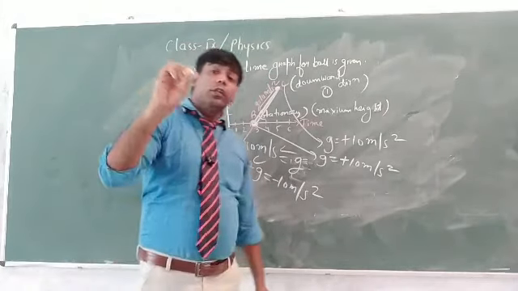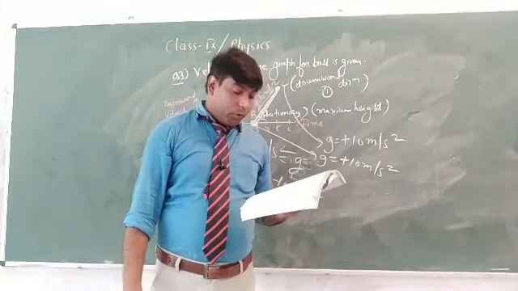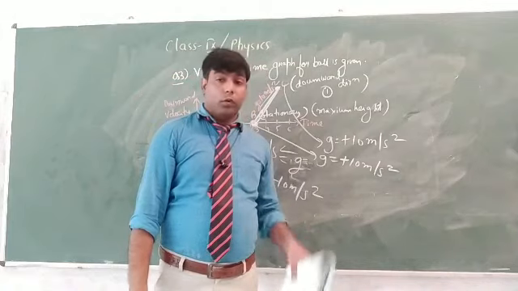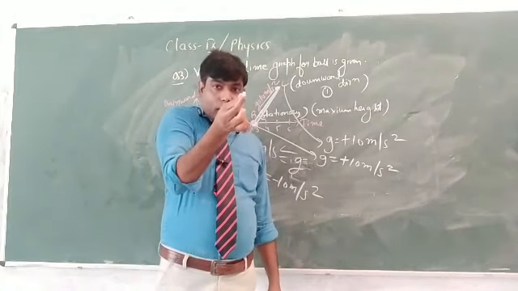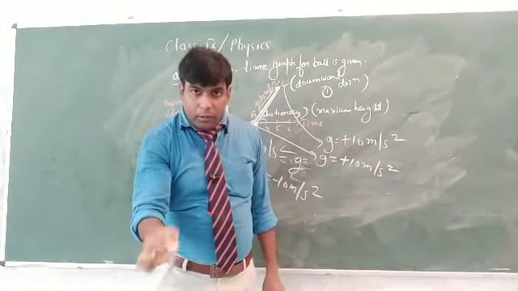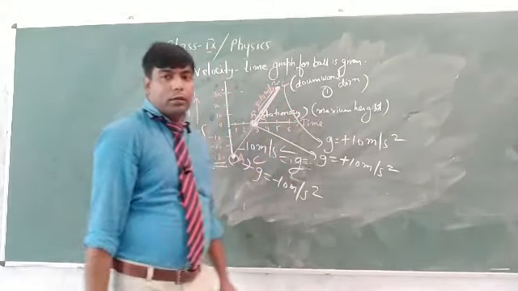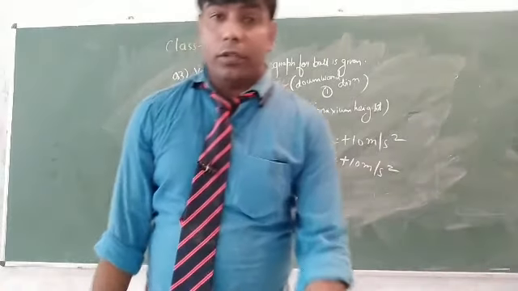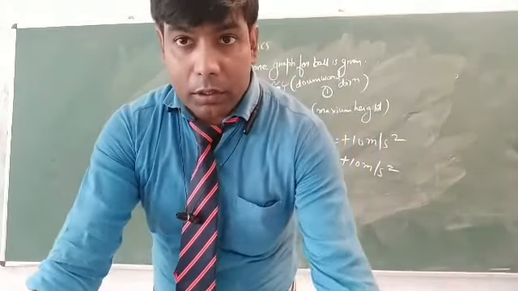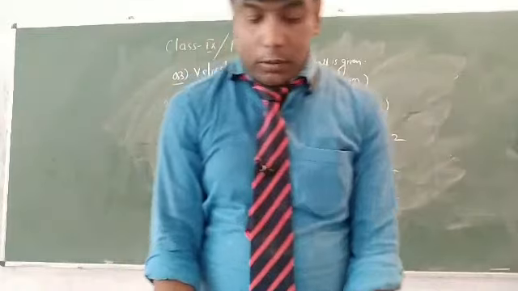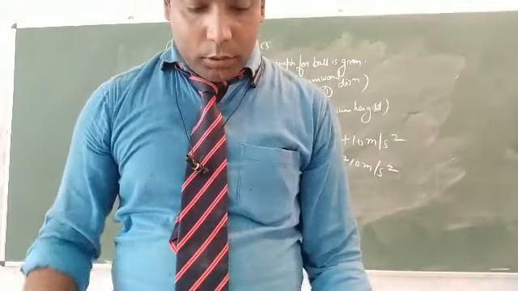They are asking at which position the ball had the same speed as when it was thrown. It was thrown at point A, and when it returns back to point A, that is point C, it will have the same velocity. That is, at point A and point C, the ball will have the same speed, but one will be positive and the other negative. So, last question.